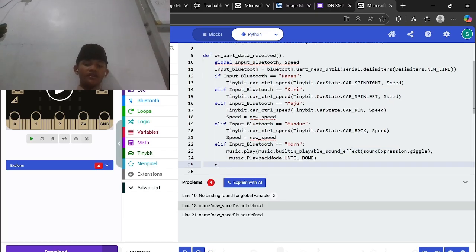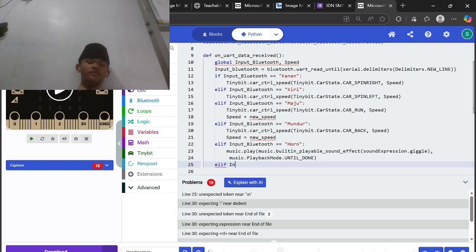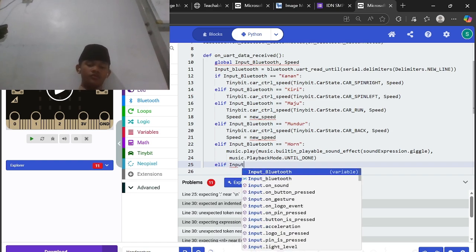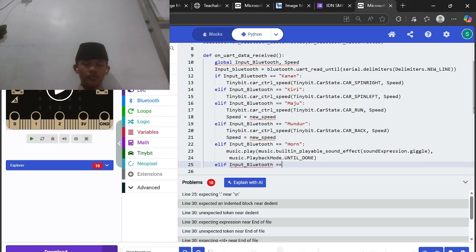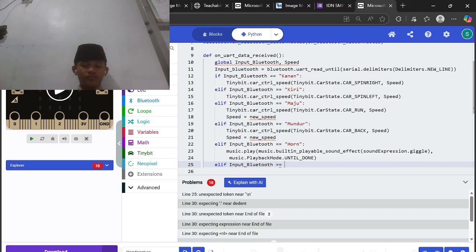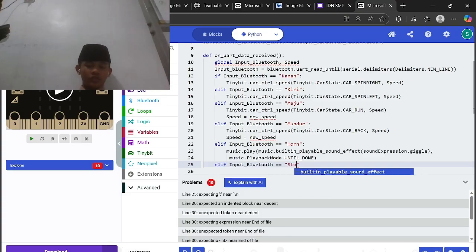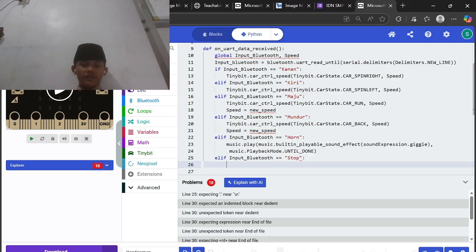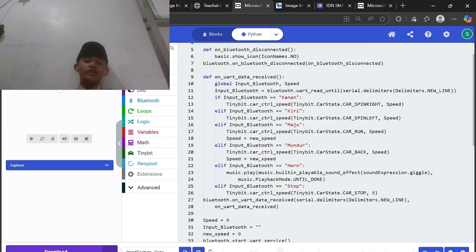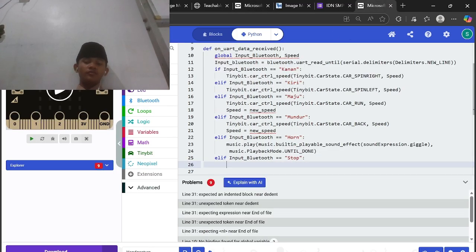And the last one is this input Bluetooth stop. It's the last condition when the tiny bit stops.